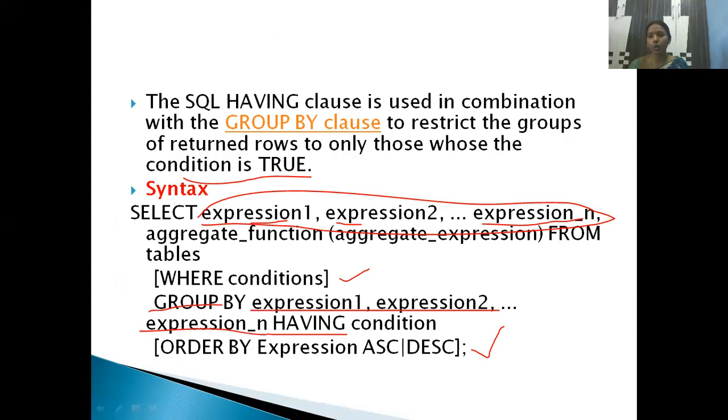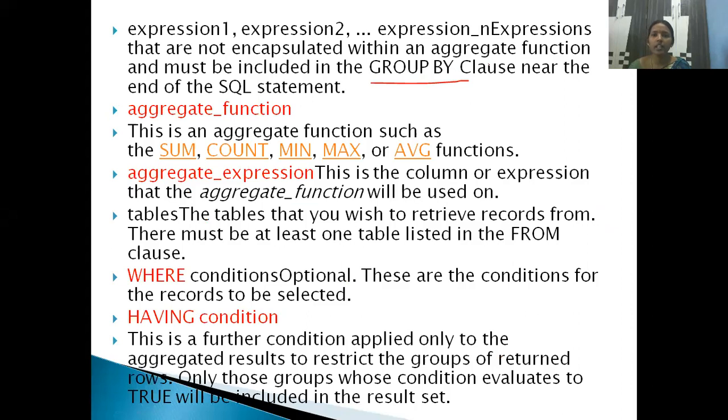That is the rule. So after GROUP BY, that many columns are here in the SELECT clause, but not the aggregate expression. The aggregate expression, whatever you specify, need not be here.